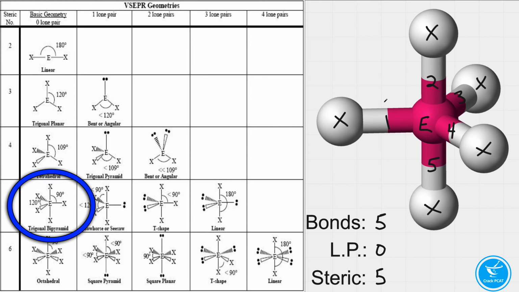First of all, from bond number 1 to bond number 2, this is a 90-degree angle. And then from bond to